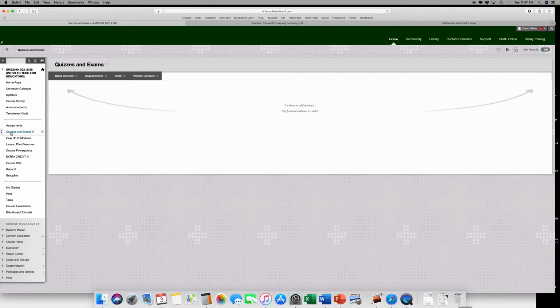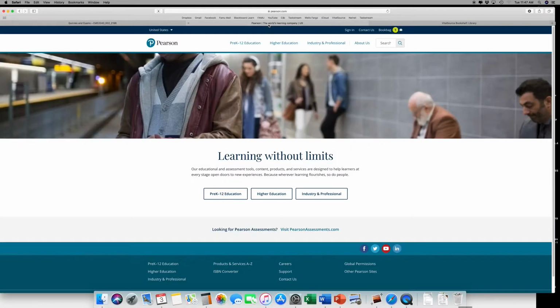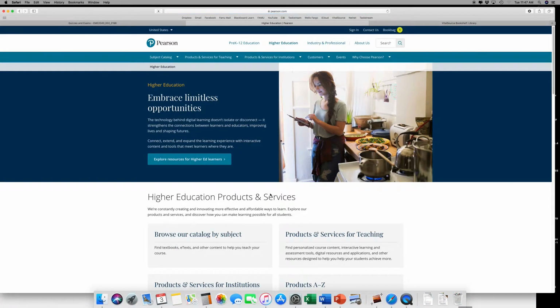textbooks that are going to be helpful, and they're going to be helpful to you in several ways. So I'm just going to go over how I get the textbook for this course and some of the technology tools that are available through Pearson. So I'm going to click on the Pearson website here, and I'll go to higher education. And I'm going to look for products and services, and it generally will take me